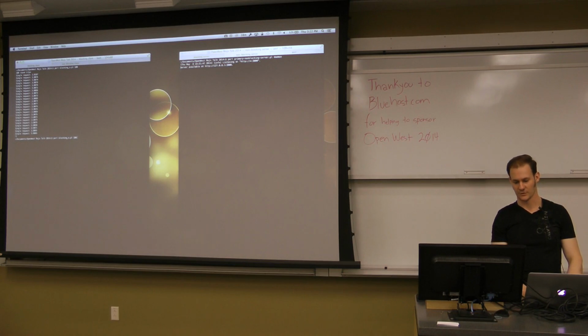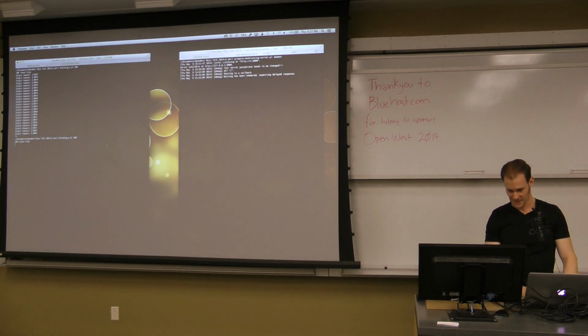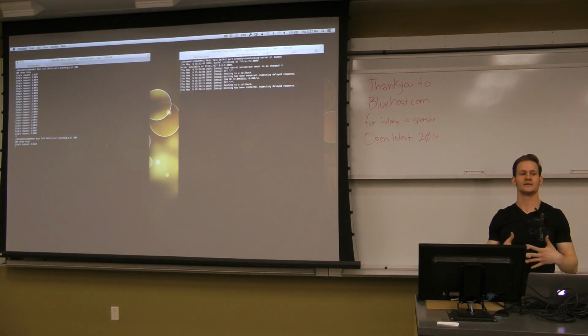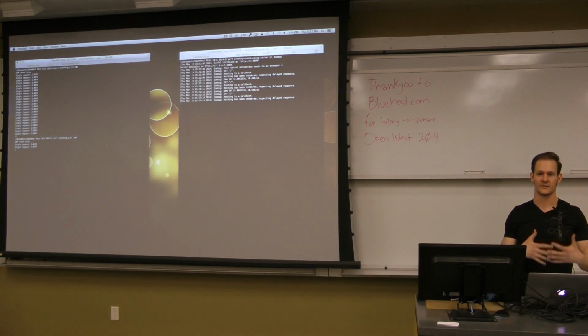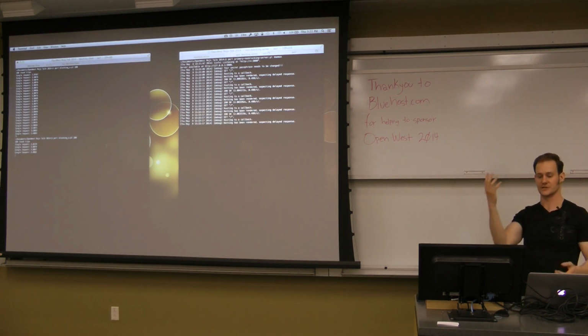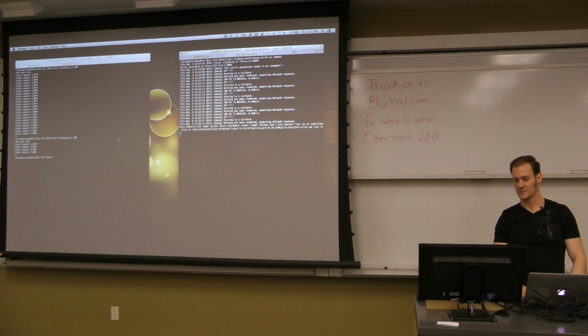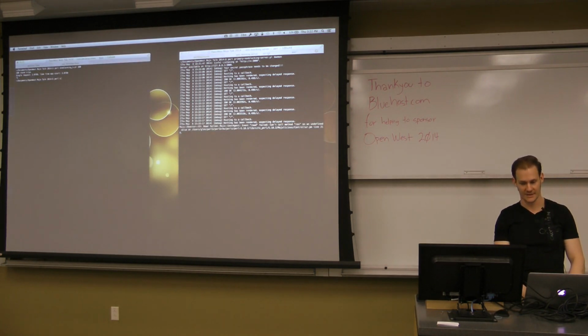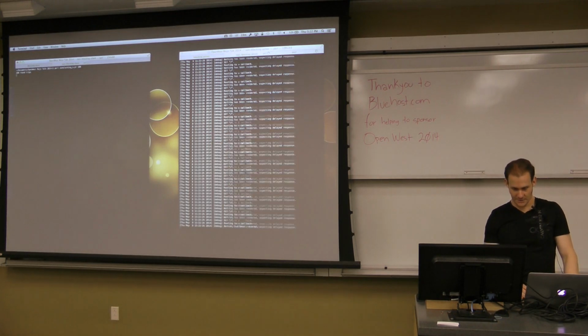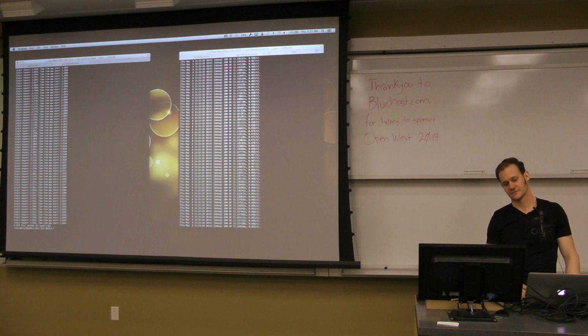which is 100 requests, it still does the same thing because the client has to receive the response from the previous request before it can send off the next one. But if I have a non-blocking server and a non-blocking client, and I fire off 100 requests, well, that's pretty awesome because I got everything back almost instantaneously,